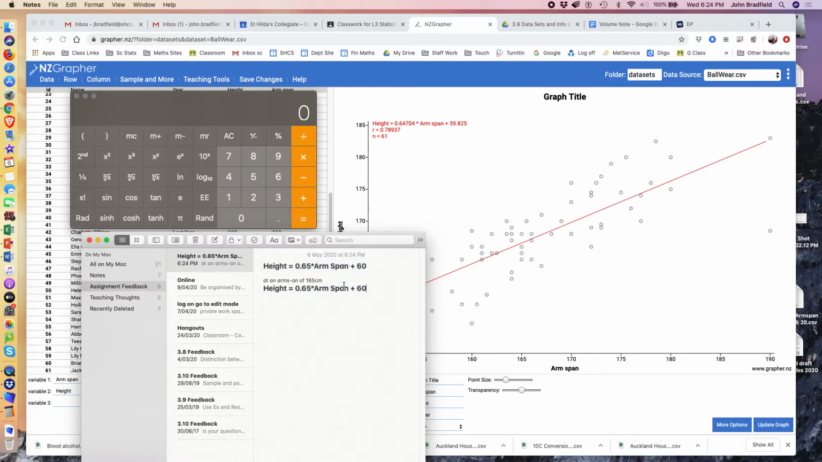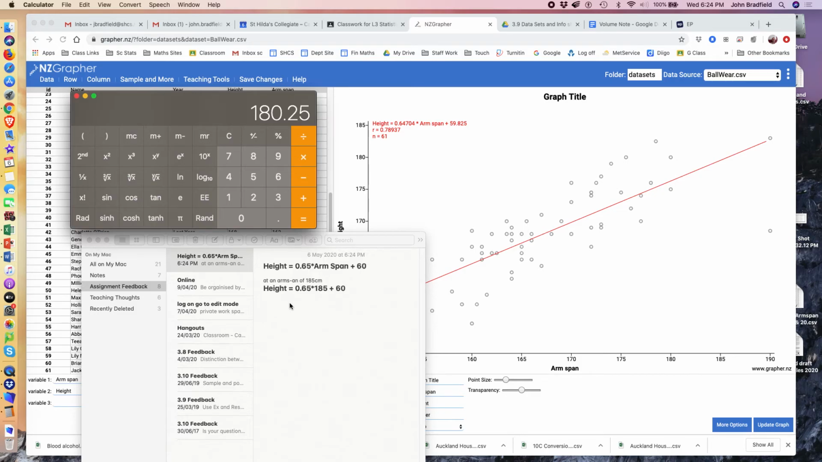What I'm going to do is I'm simply going to replace arm span by 185. That's all. So I'll go to my calculator, 0.65 times 185, and I've done that part. Plus on the 60, hit the equals again, and there's my prediction. So my visual prediction was it's going to be somewhere around 180. My actual calculation, so my actual prediction is 180.25, which I would round to 180